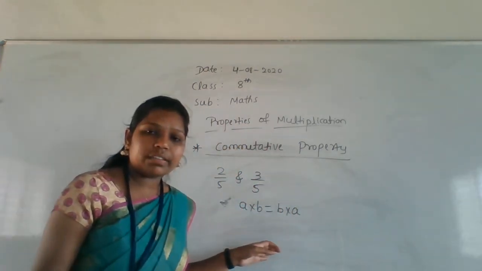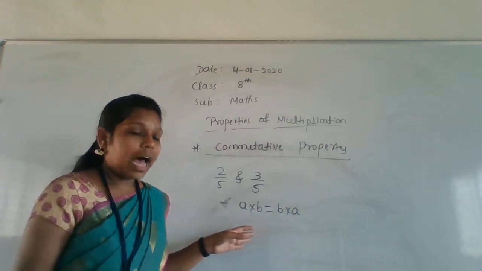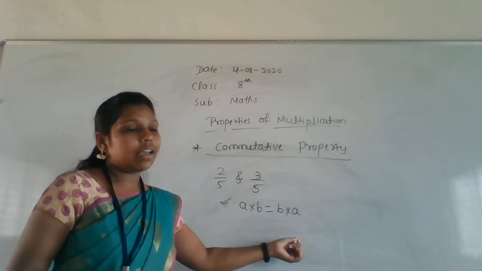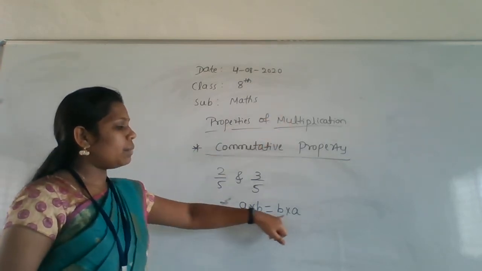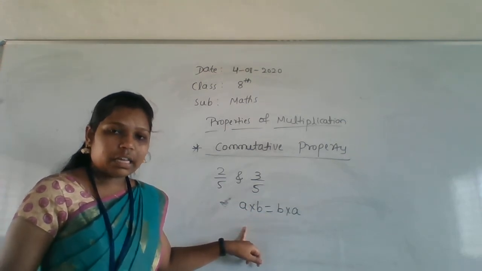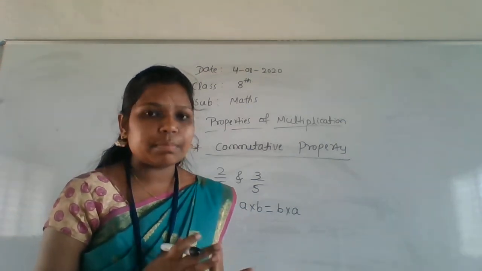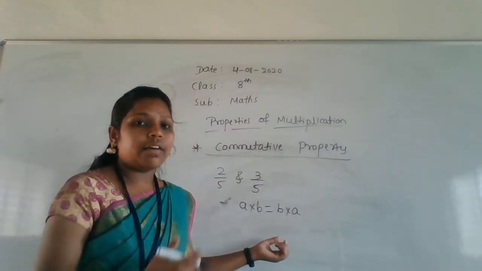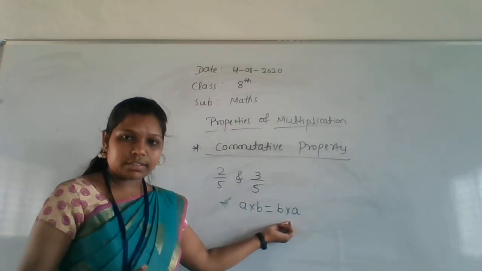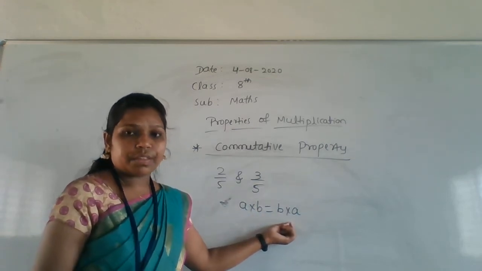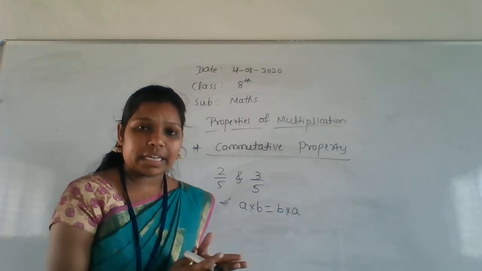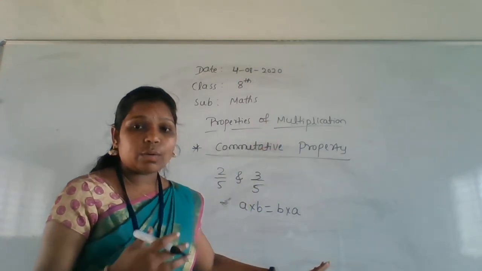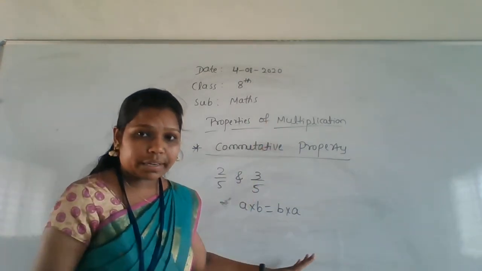I hope everyone studied this property in addition also, where A plus B is equal to B plus A. But here multiplication is there, so I am putting the multiplication symbol. Only that is the difference here. Almost all the addition as well as the multiplication properties are the same, but instead of writing the addition symbol, we write the multiplication symbol. Please keep that in mind and compare the properties. Compare the addition properties as well as the multiplication properties. Then only you will come to know how to remember all the properties.